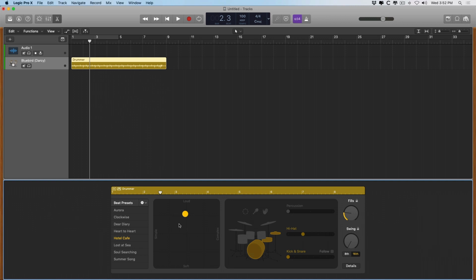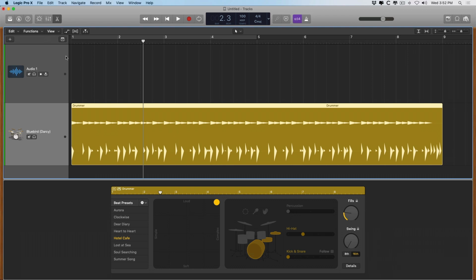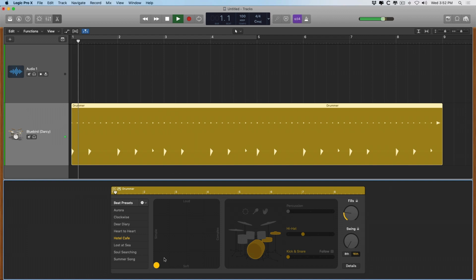And we can go down to the XY grid here and adjust between loud and soft performance or simple to complex. So if I drag this puck to the loud complex section, we should see the drummer region change and adapt to that. And if I drag this down to the other bottom corner,